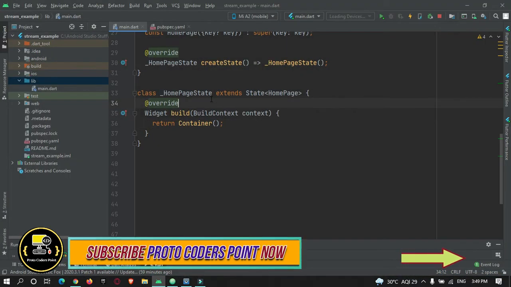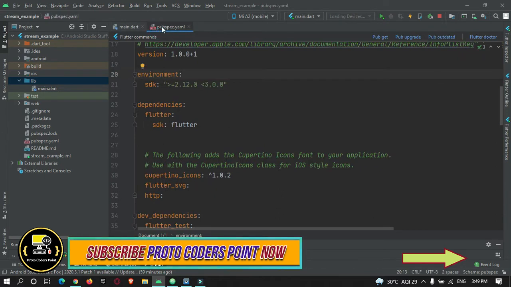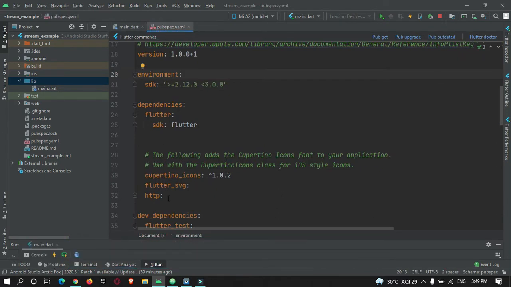Okay, so as we are going to make internet calls to get the data, we must add a dependency in our pubspec.yaml file. Over here you need to add two dependencies. The first thing is the HTTP package to make internet calls to get the data, and the second thing is the image package, for SVG image support in Flutter. So these two dependencies you need to add and just hit this pub get button.